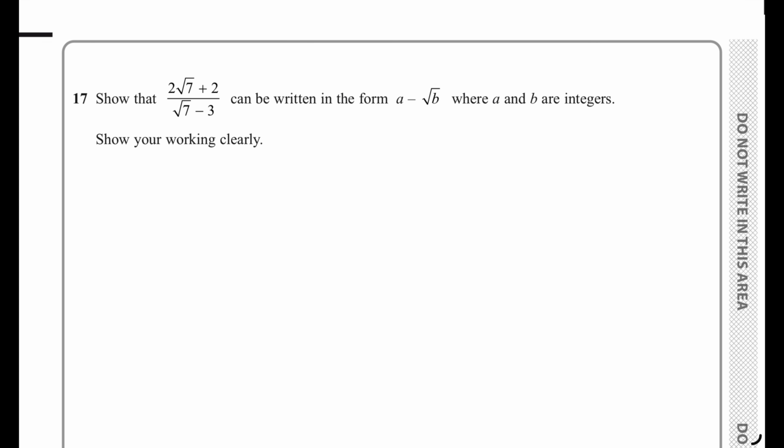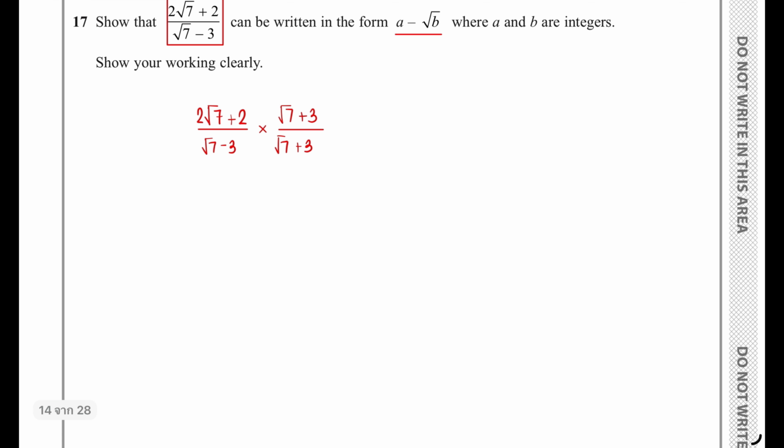Question 17. Show that (2 square root 7 plus 2) divided by (square root 7 minus 3) can be written in the form a minus square root b, where a and b are integers. Show your working clearly. So we have (2 square root 7 plus 2) over (square root 7 minus 3). So what we have to do is we will multiply with square root 7 plus 3 on both sides. Okay, so we will get